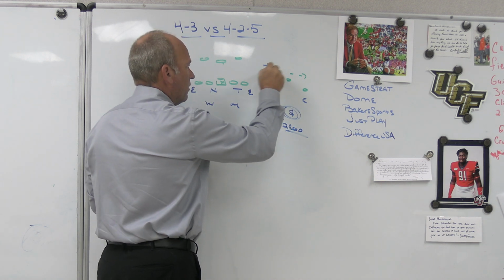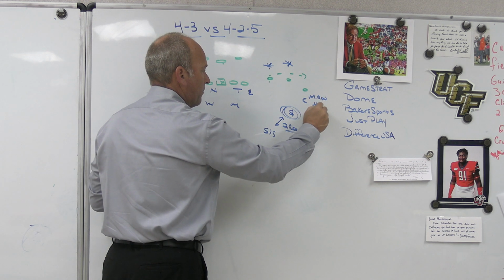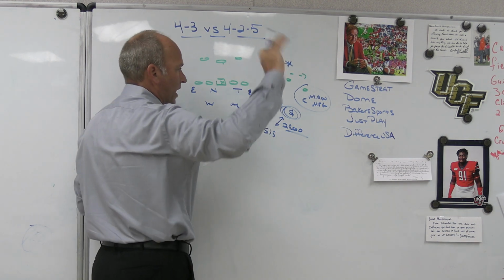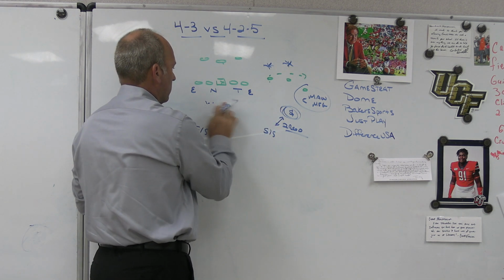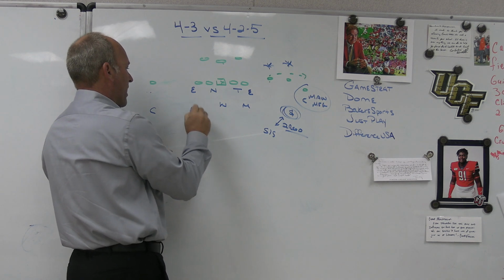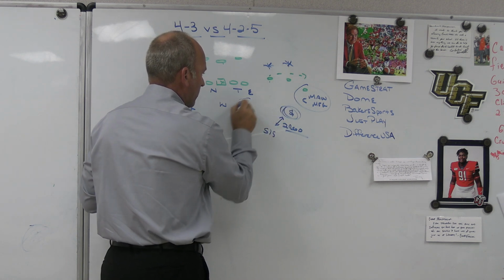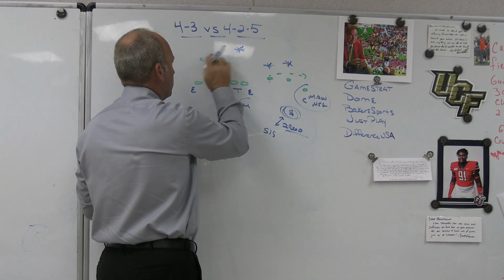off of 2 and 3, because we play man on number 1, because number 1 in trips almost never gets the ball, especially to the field. So we play man, solo that out, tell the corner he's got to eliminate it, and then, you know, for us, we leave the safety on the backside with the corner to get 3-on-2 or 2-on-1 on the backside, and now the mic is bumped a little bit, and now these 3 guys just play palms off of,